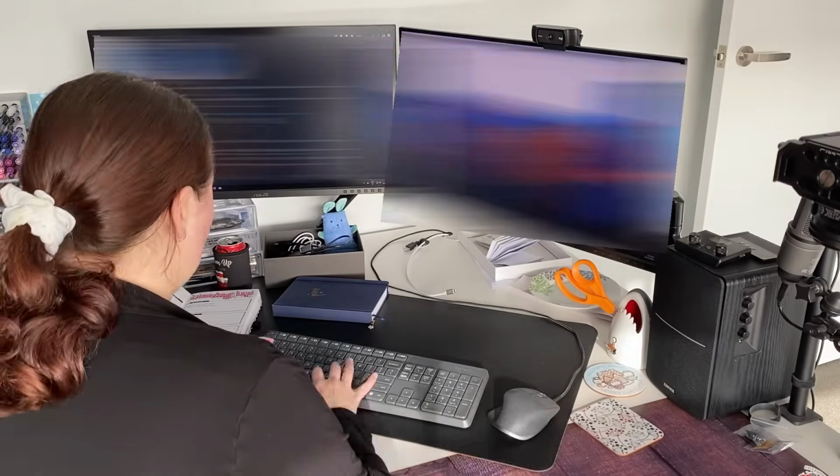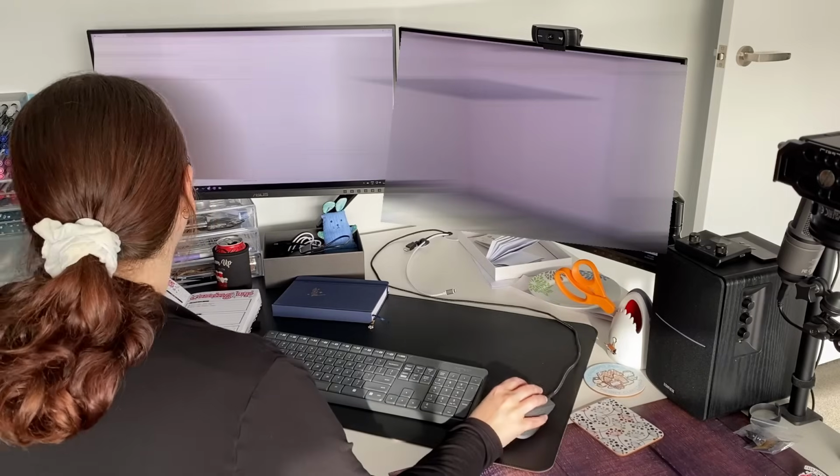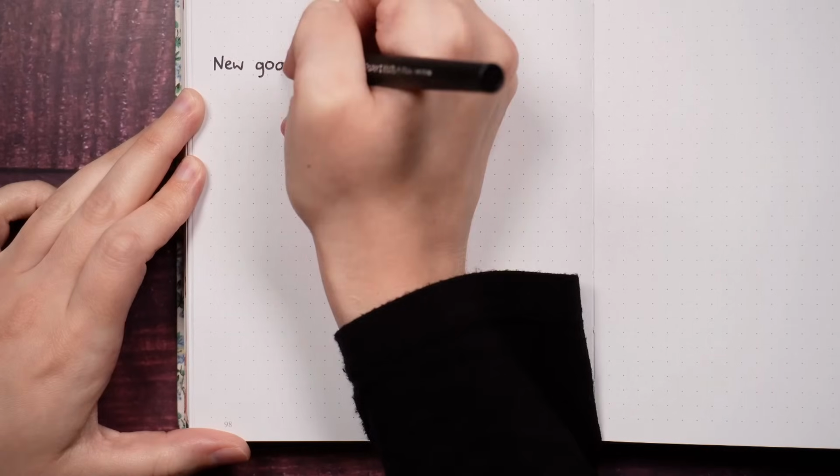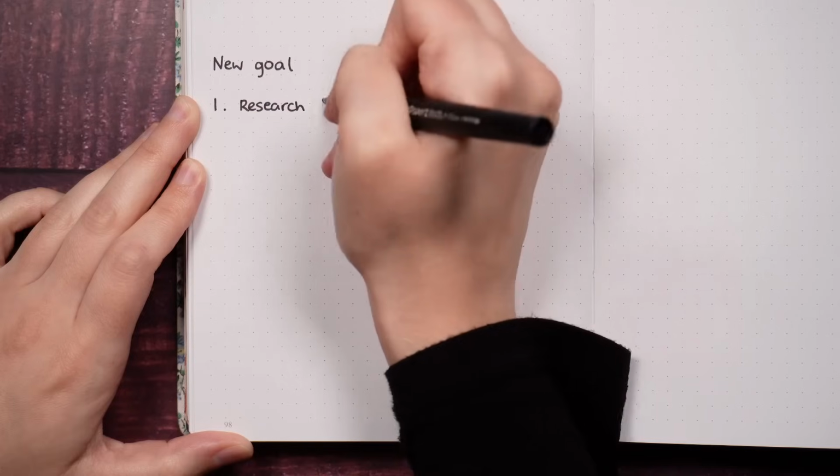The second technique though I like to use is research. In particular, researching other people that have been able to achieve the thing I want to achieve and what they did to get there. This doesn't necessarily mean I need to copy their plan 100%, and there are a lot of different ways to do pretty much anything, so you're going to get some varying information. But one of the biggest things to watch out for here is not letting research take up all our time and stop us from taking action on the goals we want to go after. For a lot of my goals, the first step that I'll write down for me to actually do to work on the goal is a research step, but I'll make sure that I time restrict that so I don't let it go on forever.